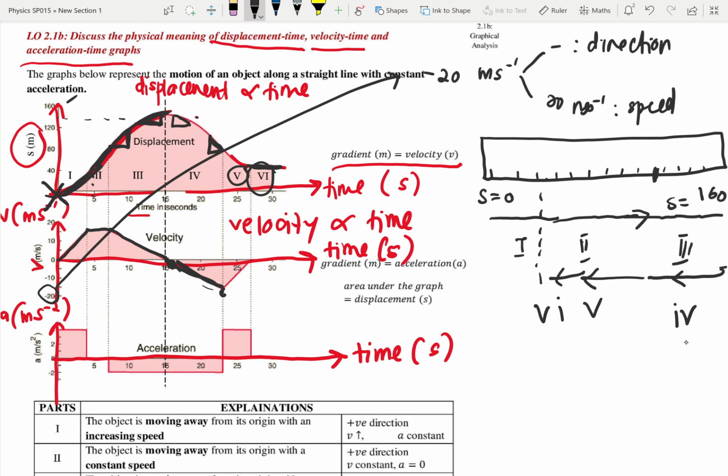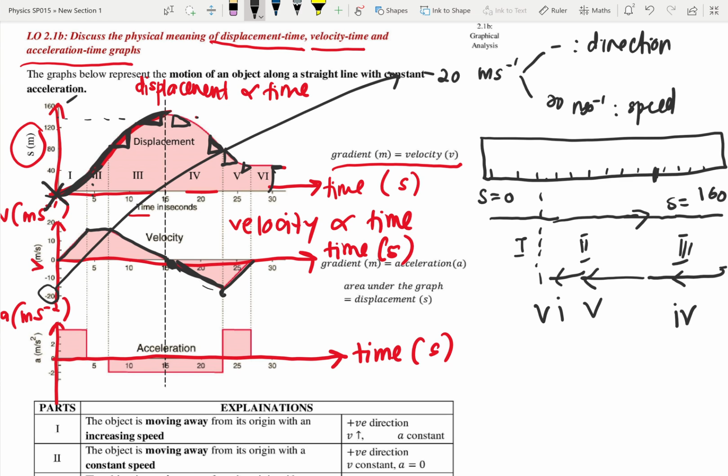Look at the gradient here. You may sketch a tangent at this area, and then this. So the gradient is decreasing, right? The gradient is decreasing, so the velocity also decreases